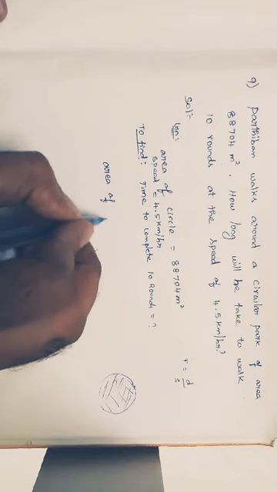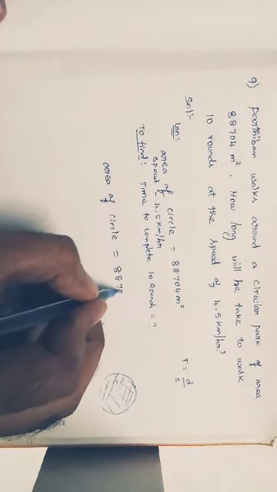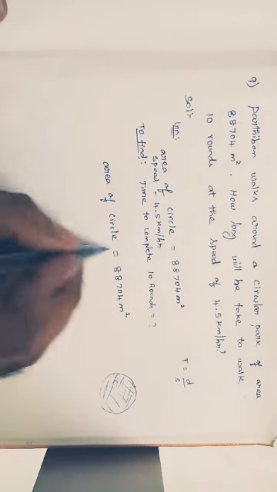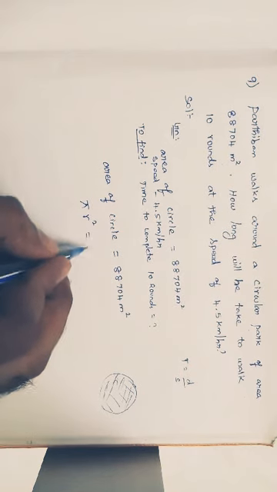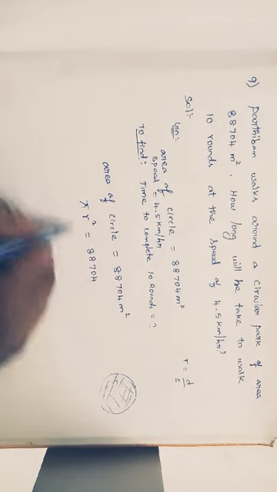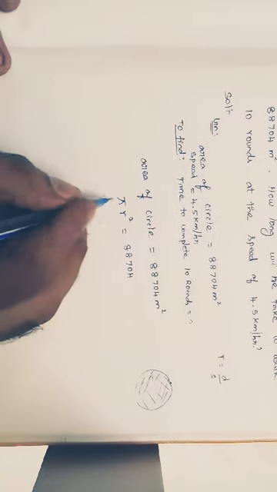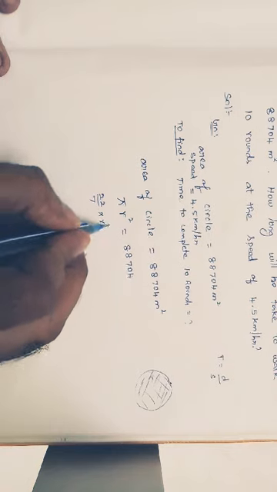So the area of a circle is equal to 88,704 meters square. What is the formula of area of a circle? Pi r square is equal to 88,704 meters square, right? So substitute the value of pi. What is the value of pi? 22 by 7 into r square is equal to